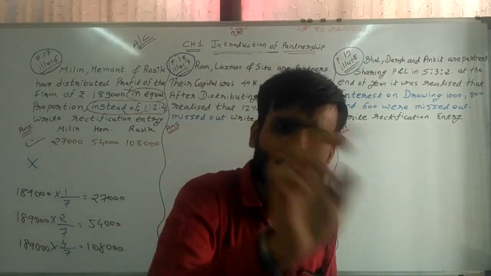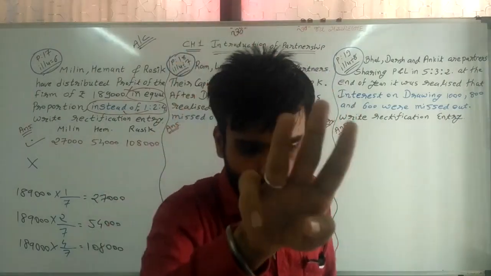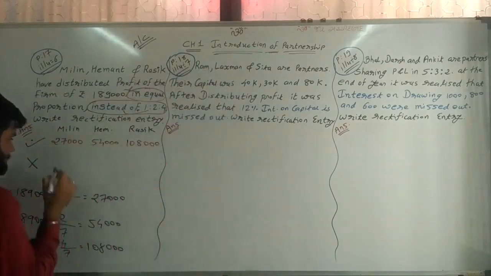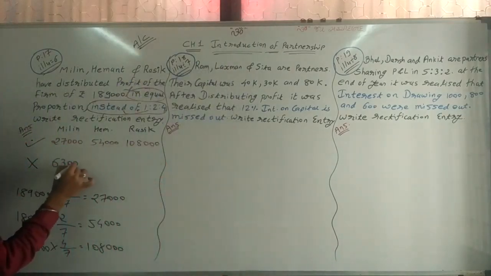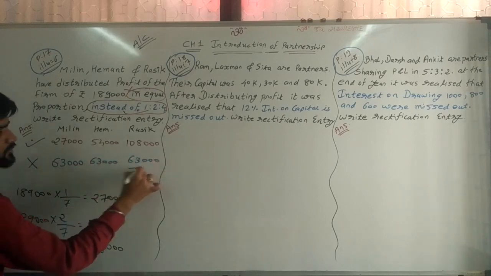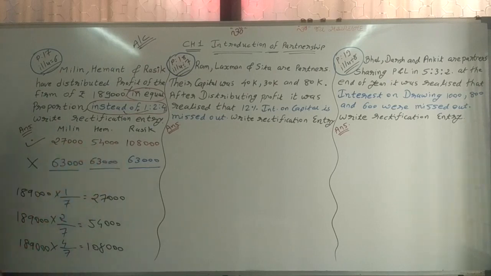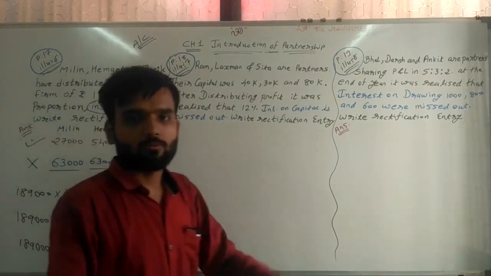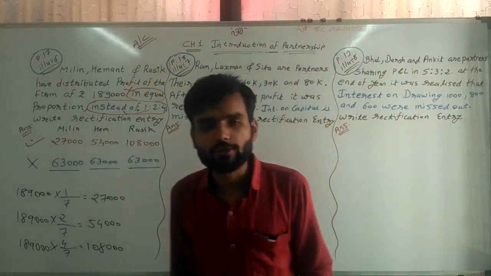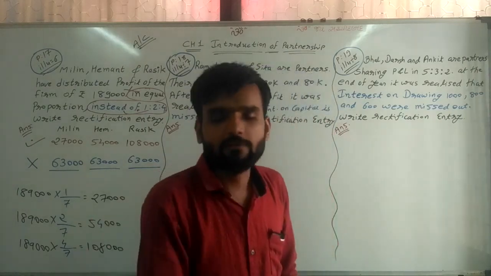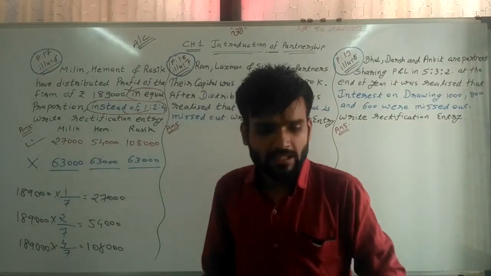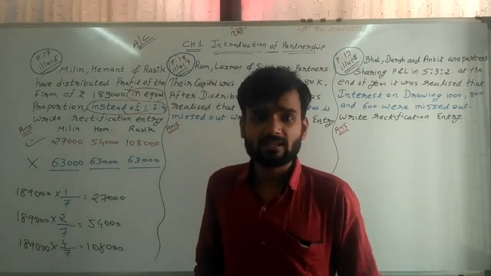In calculator, write down 1,89,000 divided by 3 because we need to distribute it between the 3 partners, and the answer will be 63,000, 63,000, 63,000. In this way, we are giving it in equal proportion. So first is correct proportion, second is wrong proportion. Now deduct both. From correct we are deducting wrong and we are getting the answers.